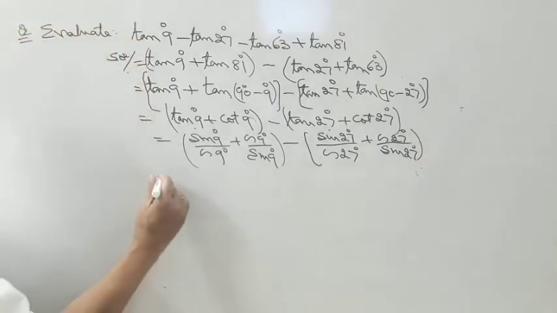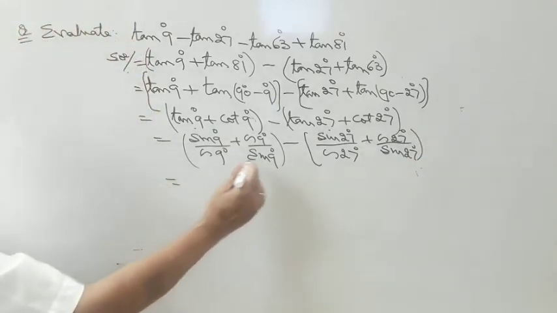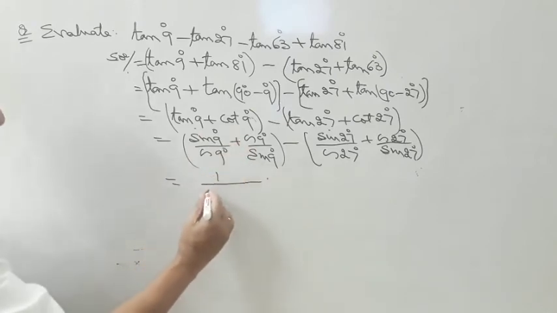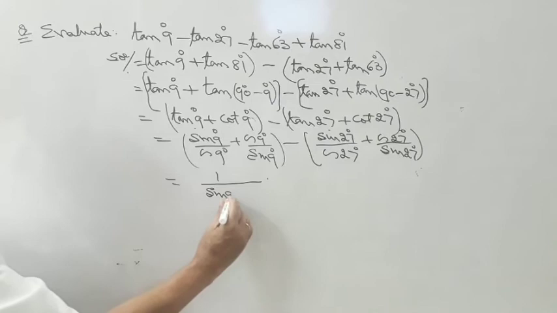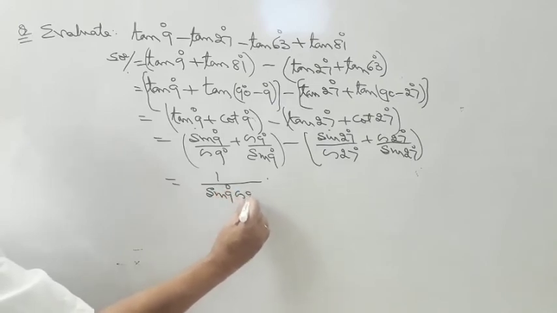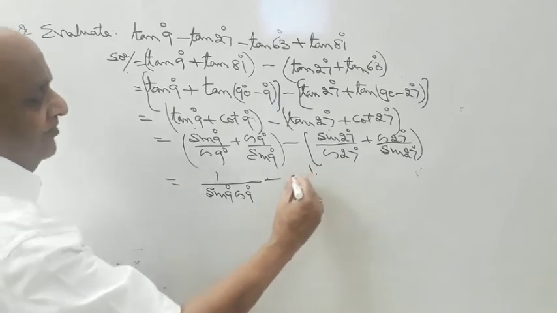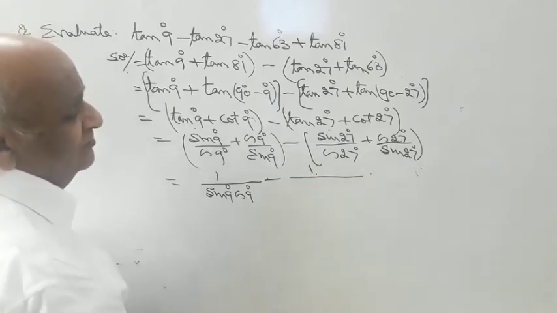Now this is equal to sine square 9 degrees plus cos square 9 degrees, it is 1 upon sine 9 degrees cos 9 degrees minus, in the same way, 1 upon